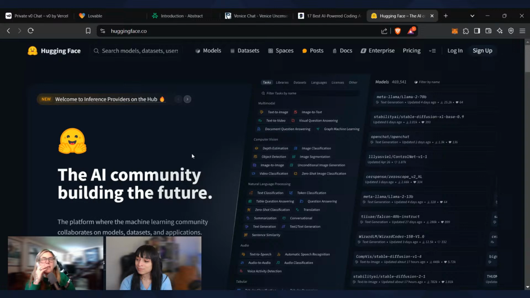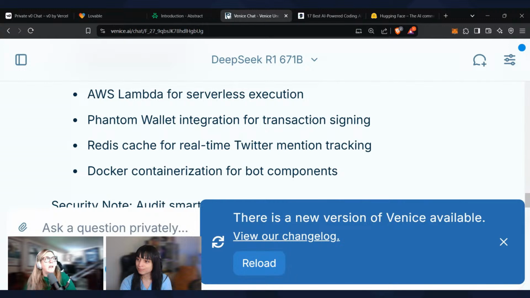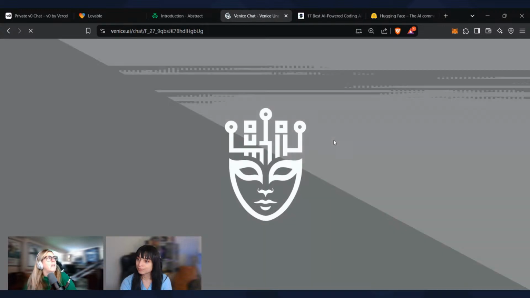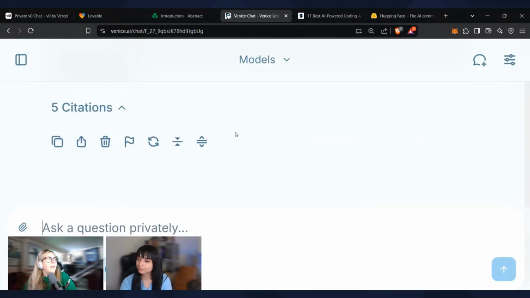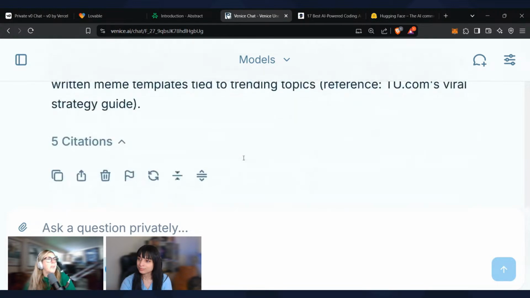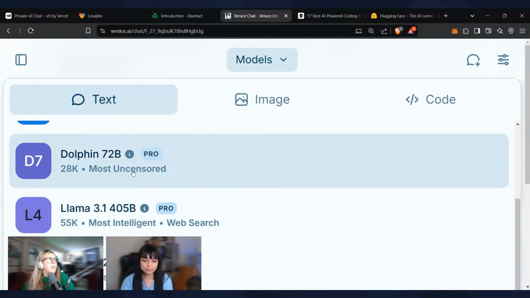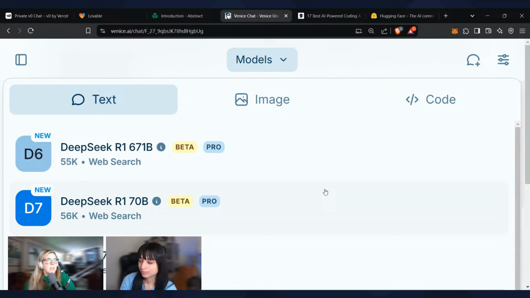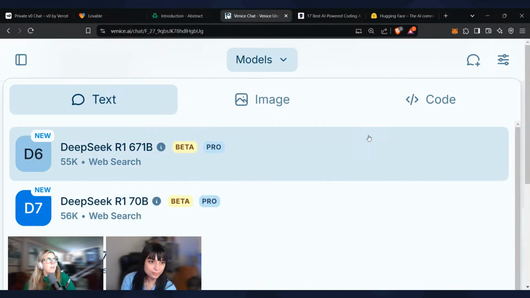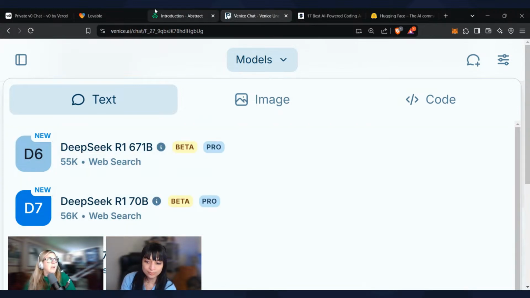Oh my God, this is blowing my mind. People need to understand. I was actually showing them Venice, that I really love, mainly because I got a token allocation for it. But I love it because it's uncensored. So you can't do a bunch of crime, but Dolphin is the most uncensored because it doesn't save anything. It just saves it in your local browser memory.